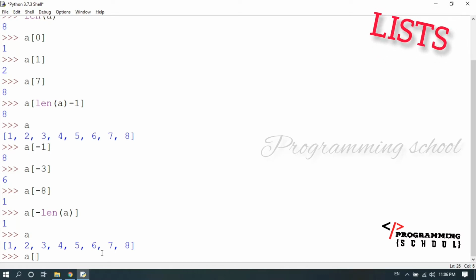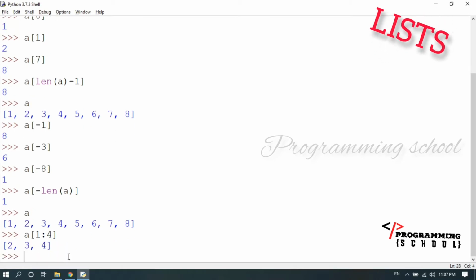For example, I am going to start at index 1, colon, 4 here. That means I am going to start at index 1 and stop at index 4. This is index 1, index 2, index 3 and index 4. But here, what is the boundary value? The boundary value is 4. Then it goes up to the boundary minus 1 only, just before that value, not equal to that value. That means index 1, index 2, index 3 only are represented. The output is 2, 3, 4 only, not 5, not up to index 4. It is before index 4.